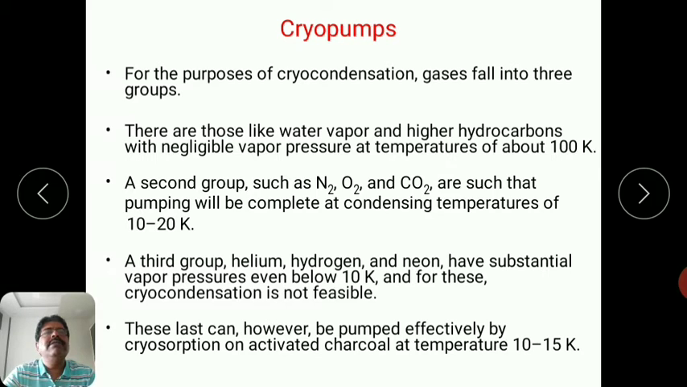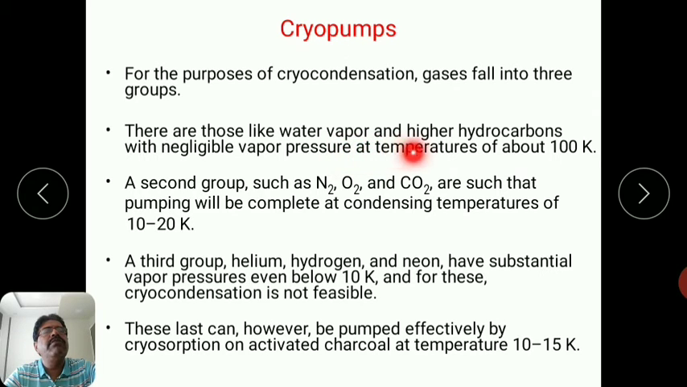Let us see first of all some important aspects as far as the different gas species are involved in the operation of these cryopumps. For the purpose of cryocondensation, these gas species fall into three different groups. We shall see what these three groups are. So the first group